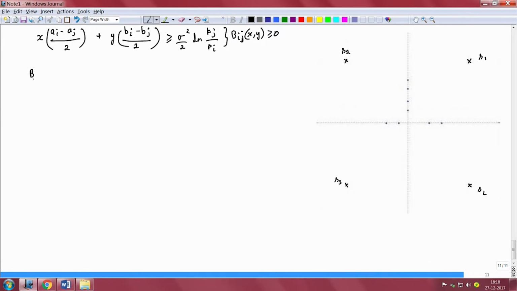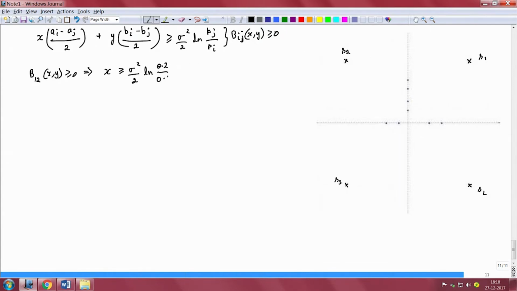If we look at the boundary B12(x,y) greater than or equal to 0, between the signals 1 and 2 only the x coordinate changes and the y coordinates are the same. So, essentially b1 and b2 are the same, but a1 and a2 are different, and hence we will be left with just the term x is greater than sigma square by 2 ln of p2 by p1, which is 0.2